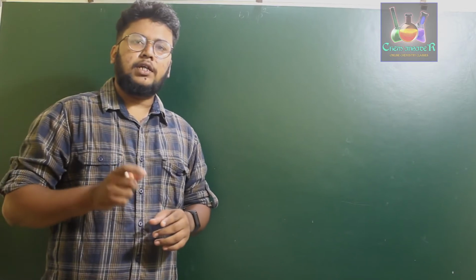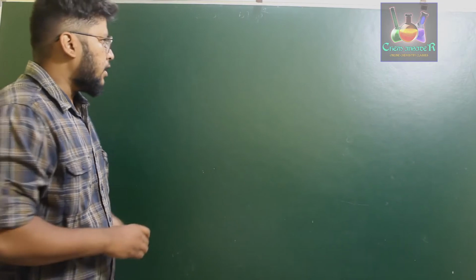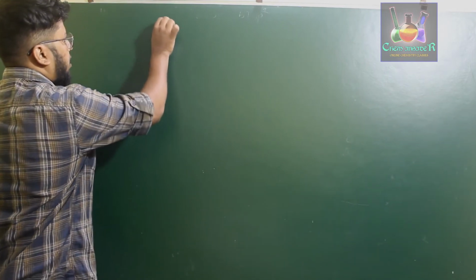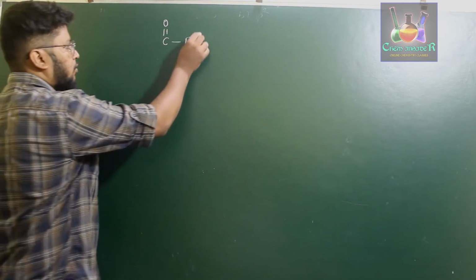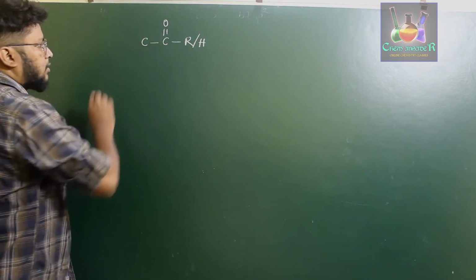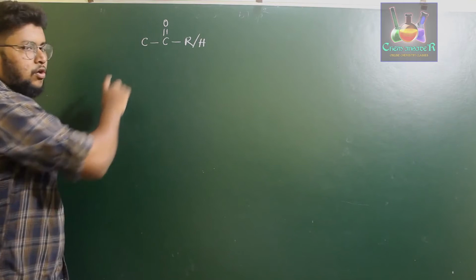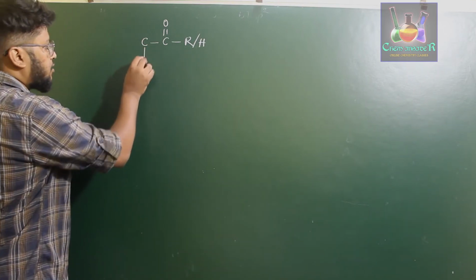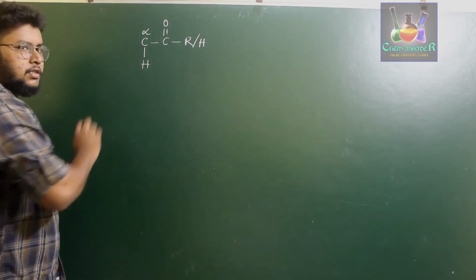And further, when you compare aldehydes and ketones, they undergo a particular specific reaction which involves the alpha hydrogen present in a given aldehyde or ketone. So, if you consider an aldehyde or a ketone with an alpha hydrogen, let us say this is an R group, it may be a hydrogen or an alkyl group, so let us write like this. As we discussed earlier while naming the compounds, the carbon next to the carbonyl carbon is called the alpha carbon, and the hydrogen attached to that carbon is called the alpha hydrogen. So this is the alpha carbon, this is the alpha hydrogen.